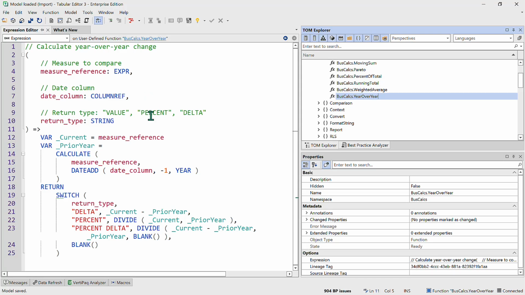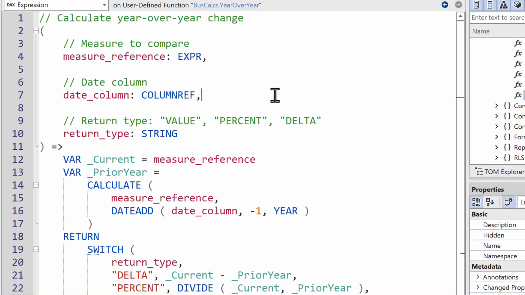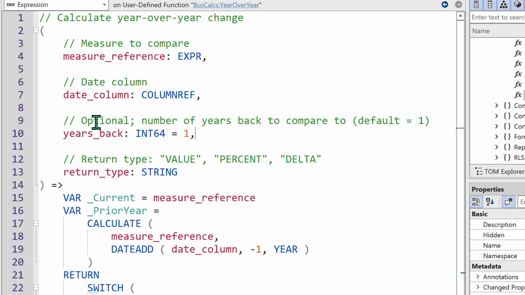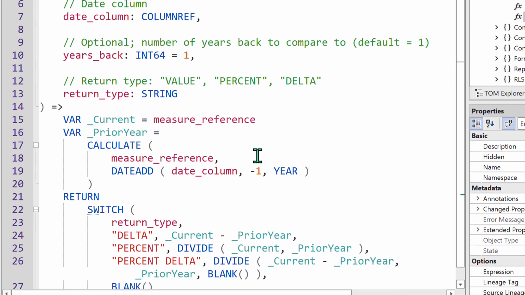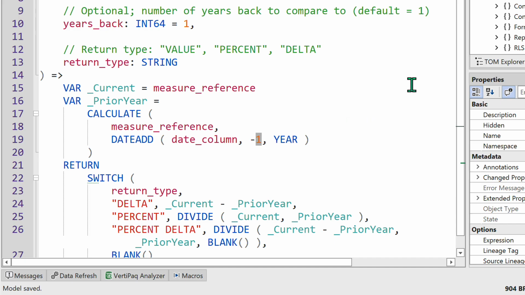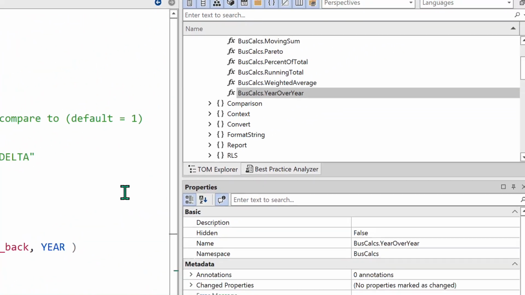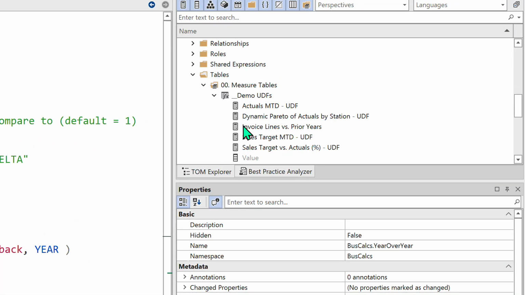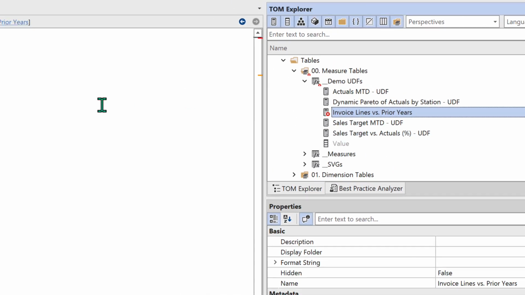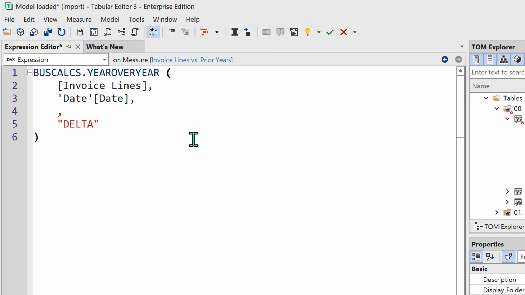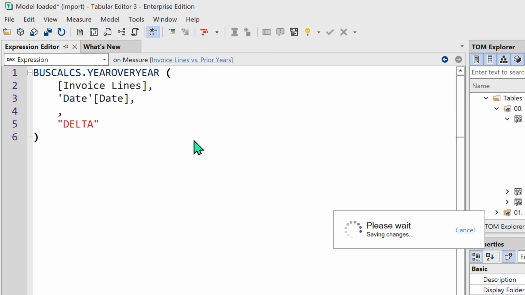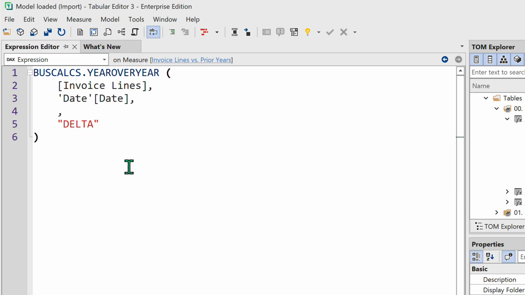Here's an example of a DAX user-defined function for a year-over-year calculation. DAX user-defined functions now support optional parameters, like this one, years back, where we can specify the default value. If we add this parameter instead of the integer here, we can then have our default value of 1. So if we go to the measure where we want to use it, we don't have to specify a value, we can just add a comma and it will use the default that is in the expression, in this case